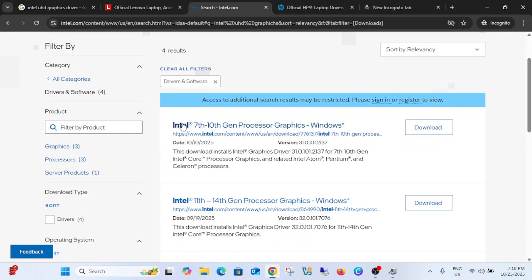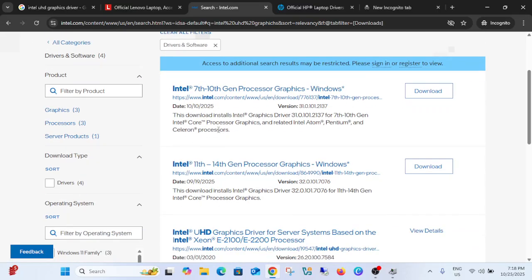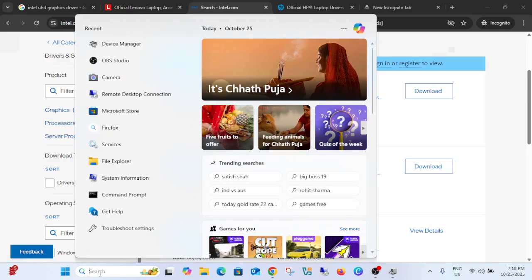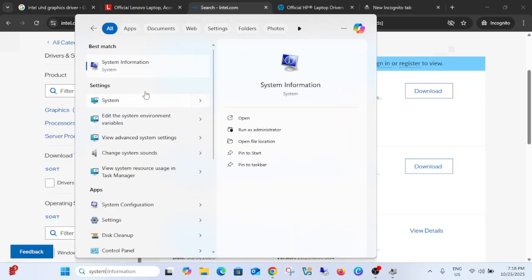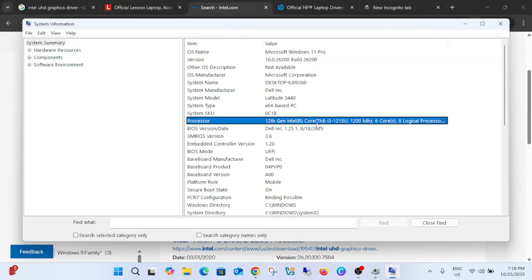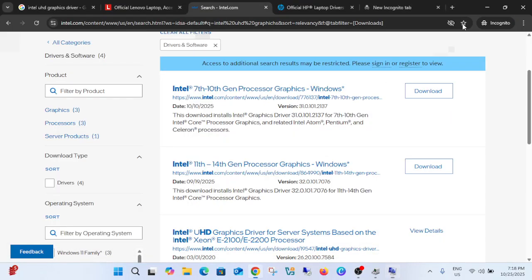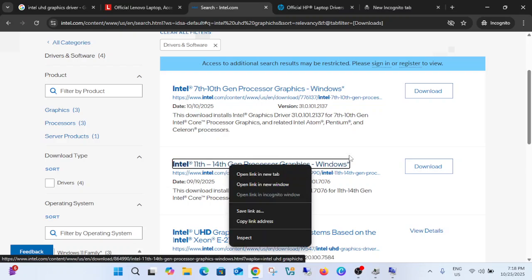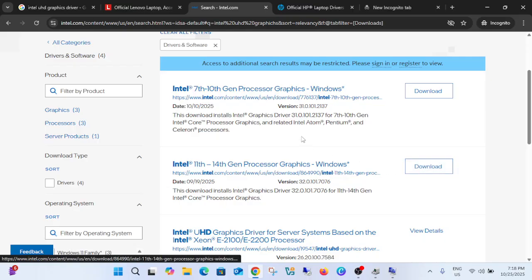Now you can look for your Intel 10th and 11th generation. What generation you need to look for is up to you. So you need to open your system information and simply look for your Intel processor generation. In my case it is 12th generation and Core i3. So I will choose this option 11 to 14th. You just need to click on the download button, and if you have the older one, 7 to 10 generation,